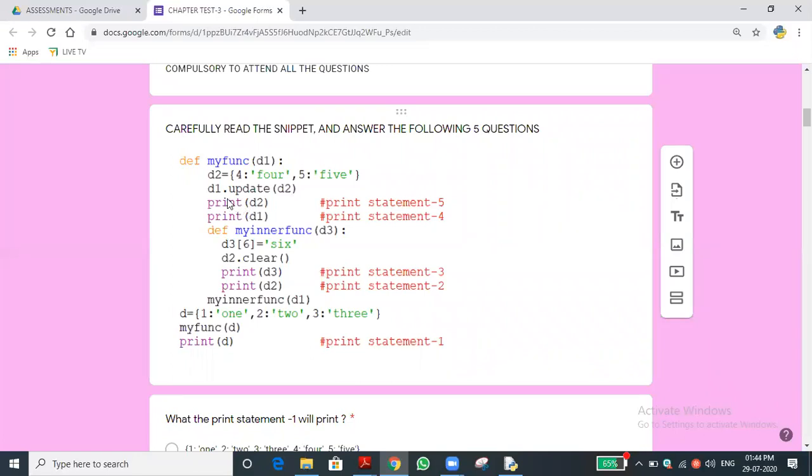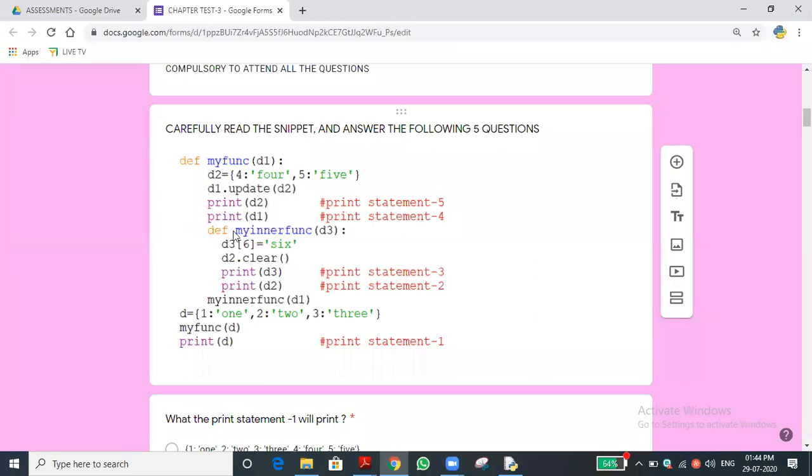Oh, sorry, D1 value is updated. What is D2 value? I will go from the order onwards so that other people will understand. What is the print statement? It will print D2, which is 4, 5. This dictionary it will print. What will D1 print? 1, 2, 3, 4, 5. The entire dictionary, because we updated it.